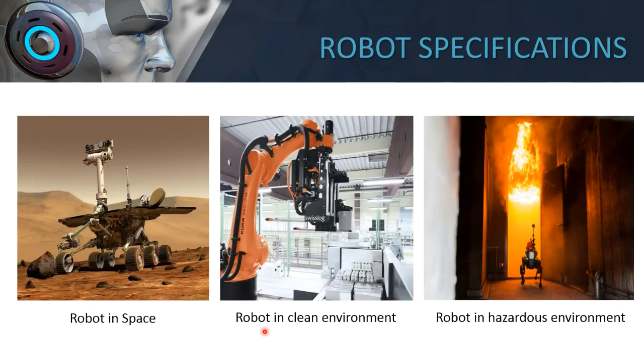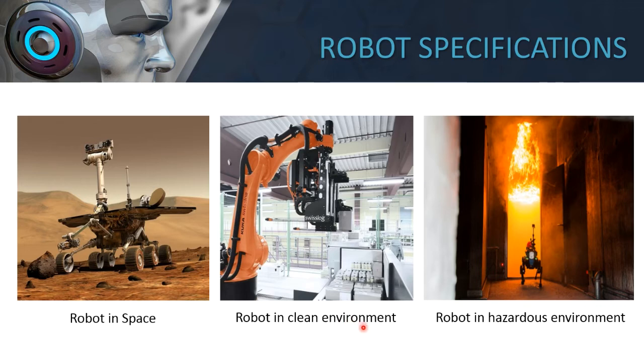You can see the image here. Robot in space, again, is a complex environment. Humans cannot go. Even if a human has to reach space, it takes a lot of money. So what you do is you send the robot and it can work for a certain period of time. It can get the data and then send it to Earth or the people who are monitoring it. So it actually helps in reducing the cost as well as getting maximum data with limited fatalities.